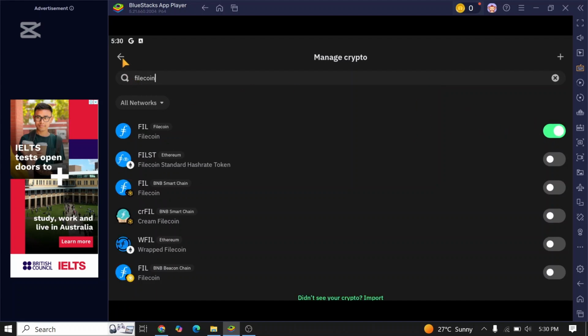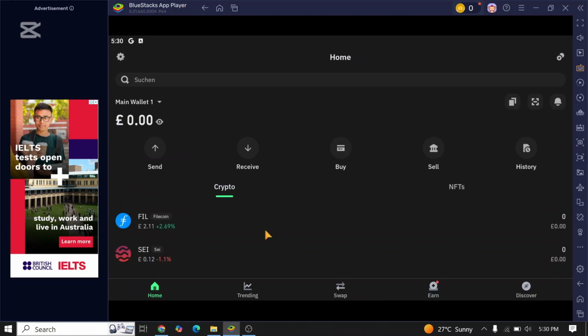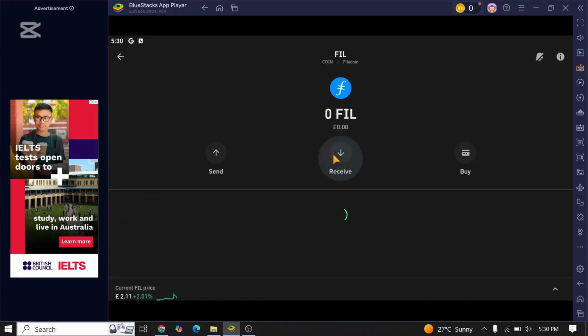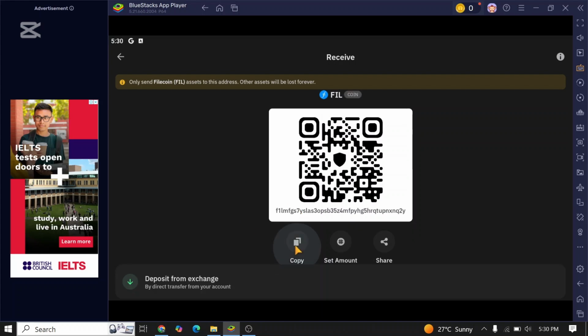Once you toggle it, now go back to your Trust Wallet homepage. Now again click on Filecoin. Now tap on receive. With the help of this wallet address and QR code, you can receive Filecoin from different